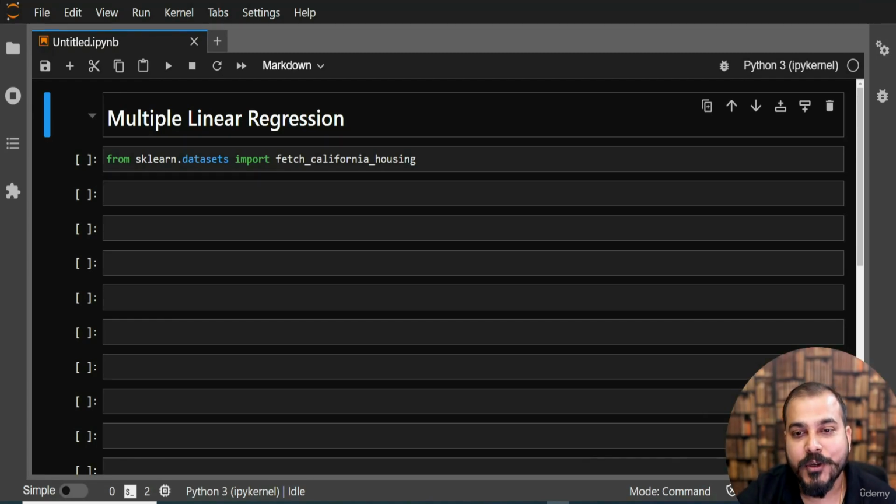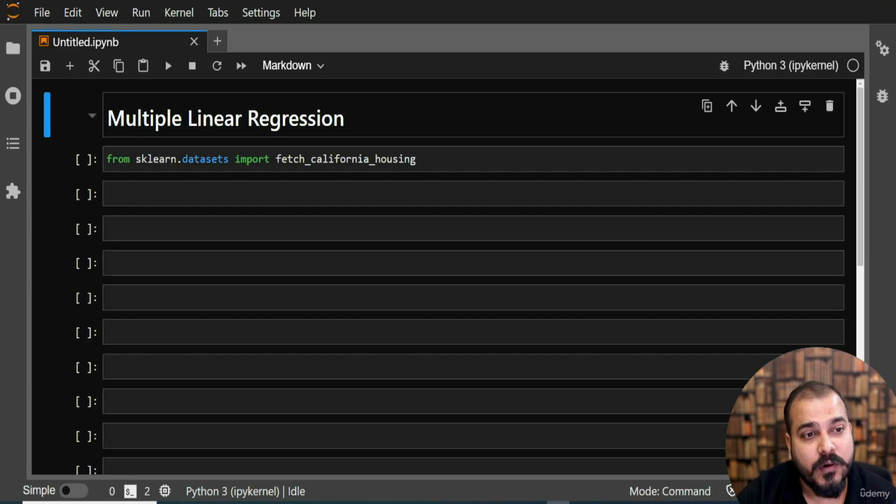Hello guys, so we are going to continue the discussion with respect to multiple linear regression, and we'll try to see how we can implement or train a multiple linear regression model using Python and sklearn. Now for this, understand the difference between multiple linear regression and simple linear regression: in simple linear regression, you just have one independent feature, whereas in multiple linear regression, you can have more than one independent feature. That basically means you'll be finding multiple different coefficients and slopes based on the number of independent